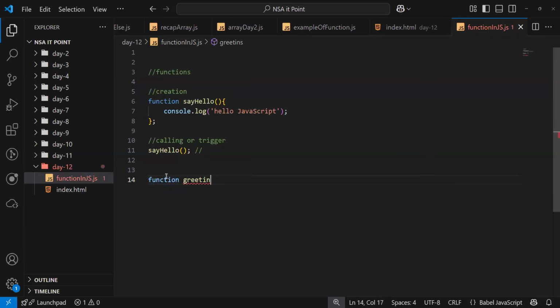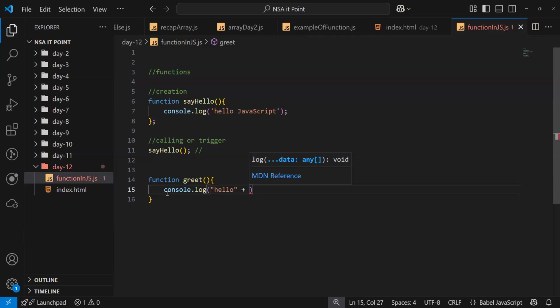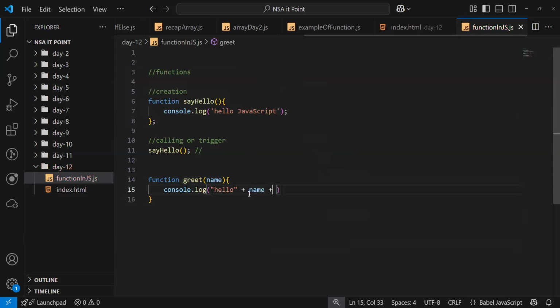Opening and closing braces, console.log inside this, hello, and let's concatenate a variable name.